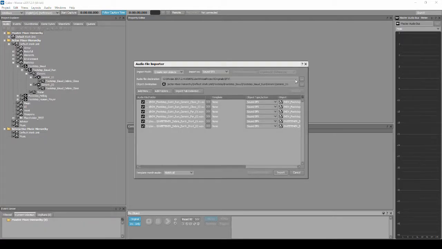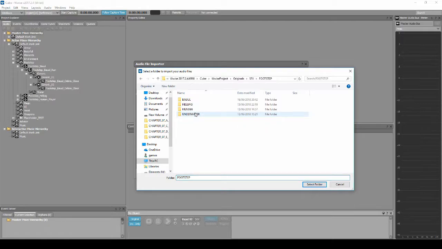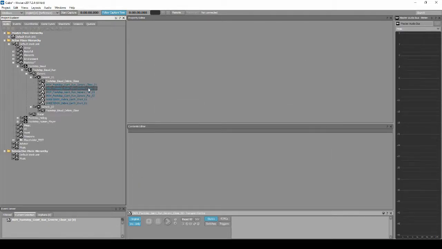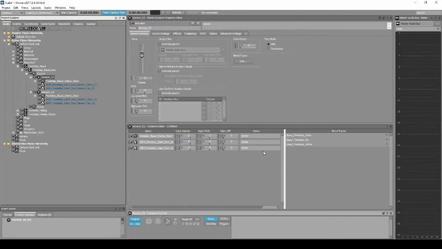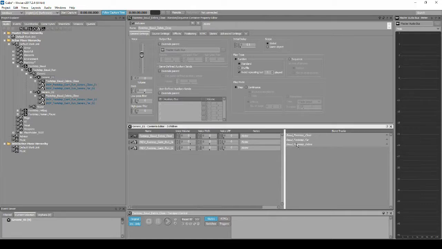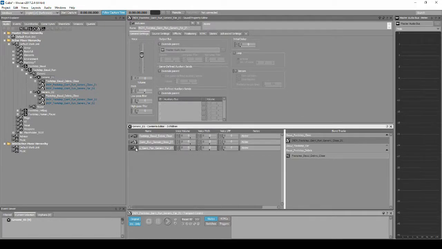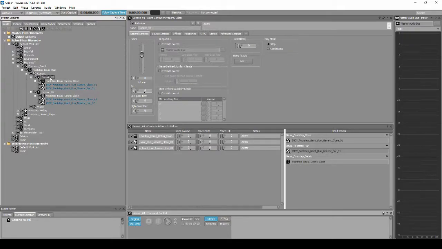In the import window, place the assets under SFX Footstep Buell. Select the generic_01 blend container, then in the content editor, drag the assets onto the corresponding blend tracks. Open the blend track editor again. In the first blend track,